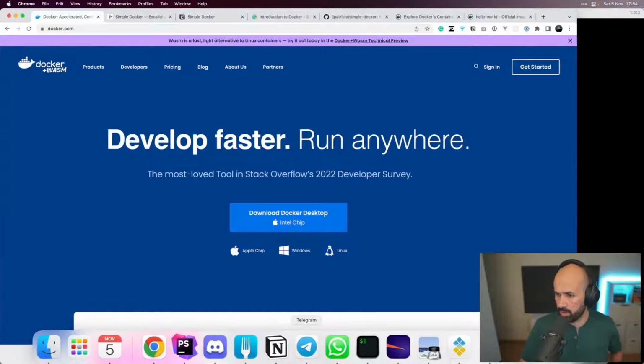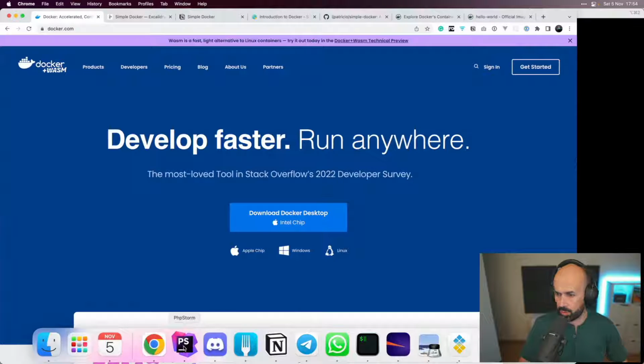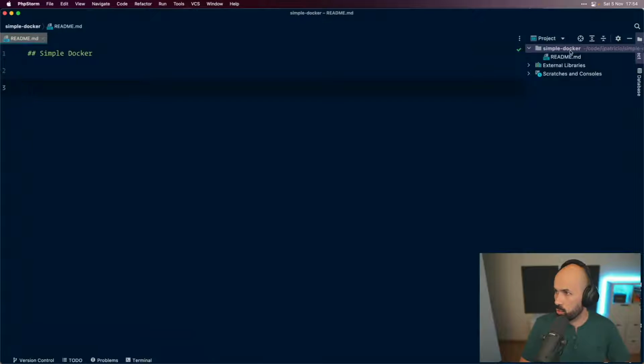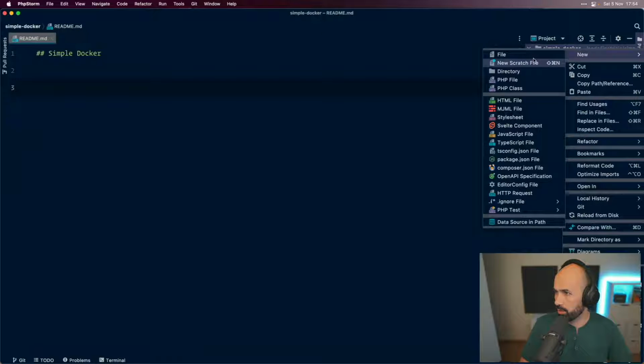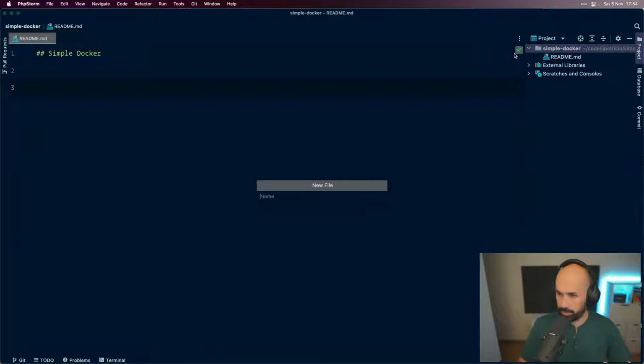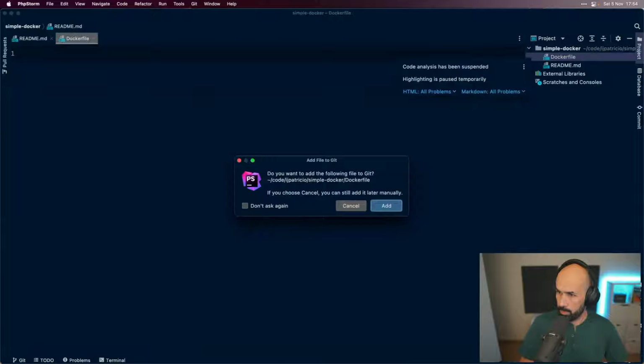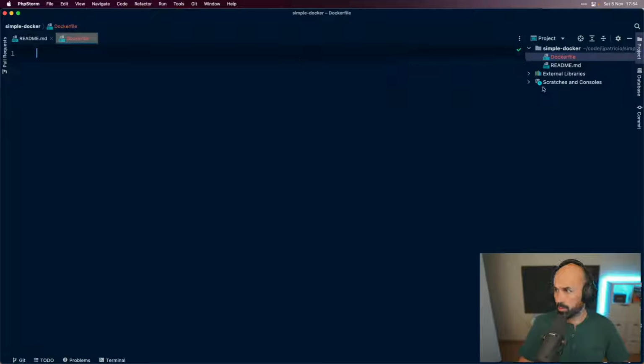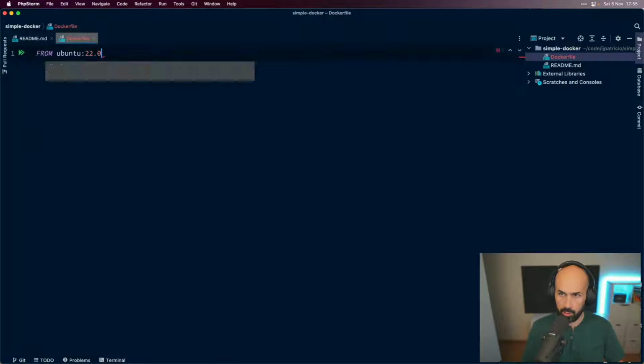I think it's better. So we have Docker already, right? So what I'm going to do is a new Dockerfile, the recipe, remember? And cool. How should we start a Dockerfile? We need a base operating system, so we're going to start with FROM, and I'm going to use ubuntu, and I'll separate it with a colon, and I'm going to use 22.04.